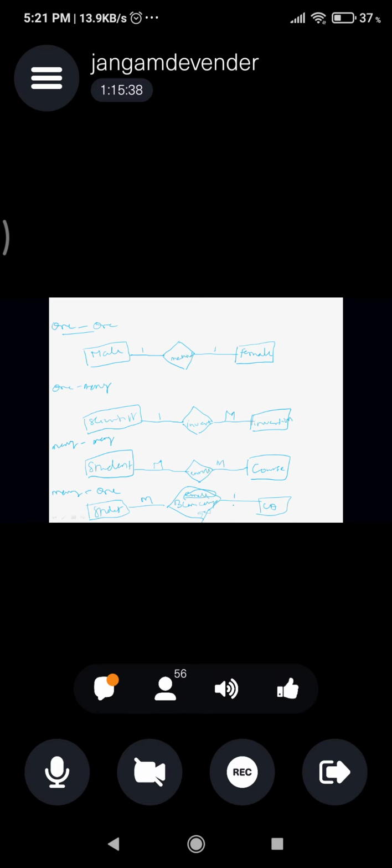Any doubt regarding these ER diagrams today, students? Is it clearly understood? Sure, because this Sunday, Monday you will be having an exam, because we are going to wind up the first unit. So almost all of the first unit is at the end. Once we finish, I'll be giving the first year material and the videos. Then based upon that, you will be having the Monday online exam.